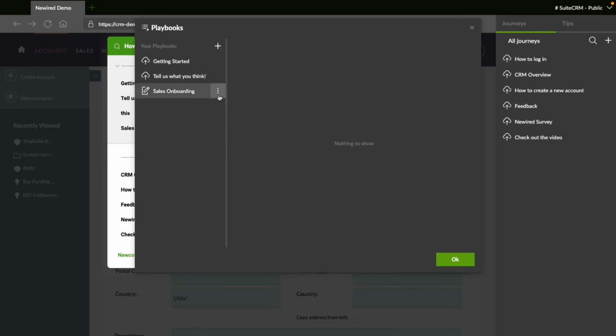For the playbooks, the same publishing criteria applies. So you see, like for journeys, whatever I'm doing here in my editor is not immediately visible to the end users. So to publish the given, let's say, playbook, given package, I still need to set the status of it to active and go through the publishing process on the portal, on the server. So if I go back to the slides,